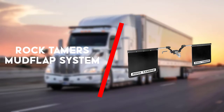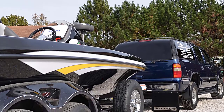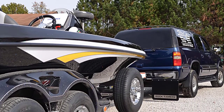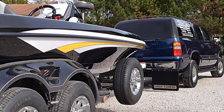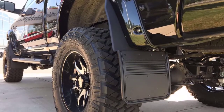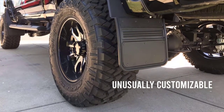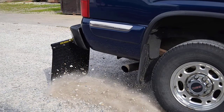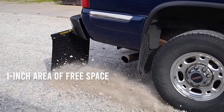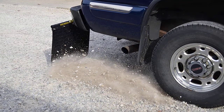First on the list is the Rock Tamers Mud Flap system. Unlike the universal picks on our list, this Rock Tamers system employs mud flaps for a very specific use case. This set of two rear guards forgoes permanent mounting within the wheel wells for a 1-inch area of free space on your trailer hitch, which makes sense because the Rock Tamers are designed to keep debris from kicking up and